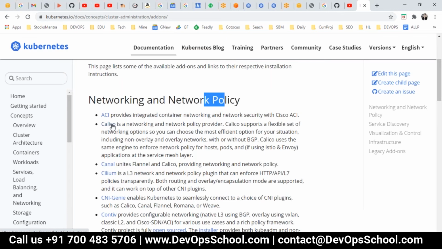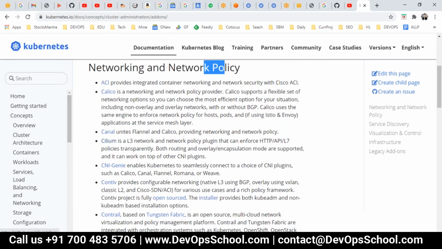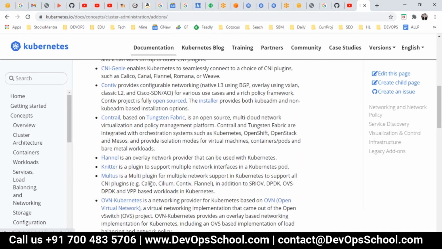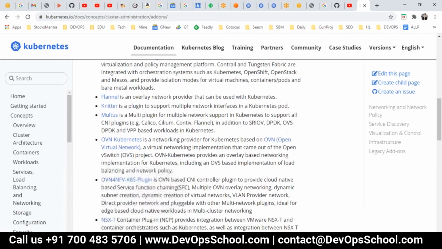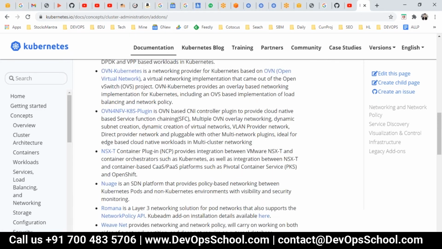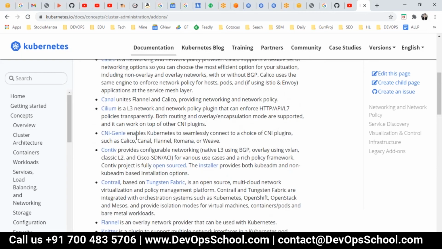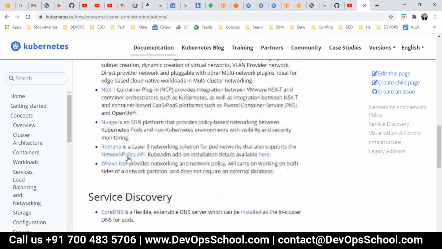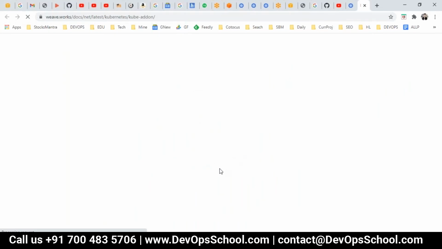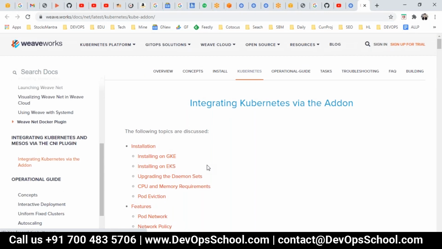ACI, Calico, Canal, Cilium, CNI-Genie, Contiv, Contrail, Flannel, Knitter, Multus, OVN-Kubernetes, Romana, and Weave Net. So many. Guys, this itself is a separate product by nature.